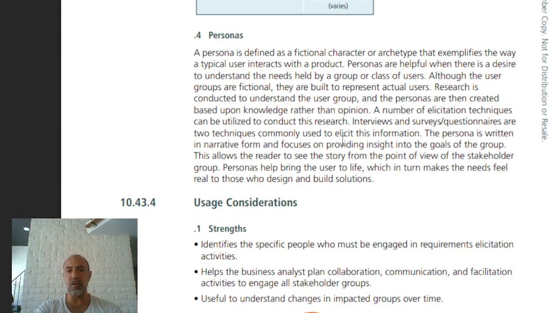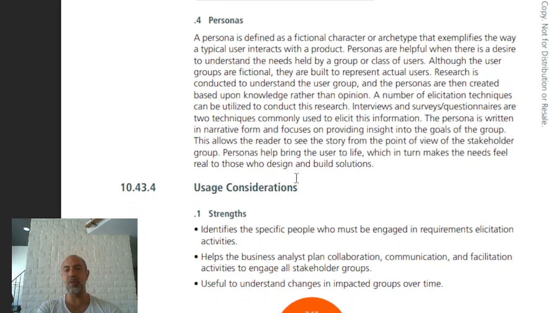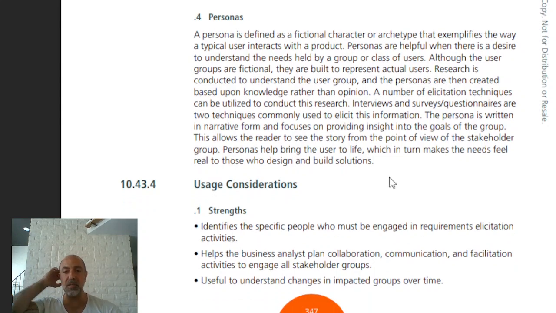A number of elicitation techniques can be utilized to conduct the research. Interviews and surveys or questionnaires are two techniques commonly used to elicit this information. The persona is written in narrative form and focuses on providing insight into the goals of the group. This allows the reader to see the story from the point of view of the stakeholder group. Personas help bring the user to life, which in turn makes the needs feel real for those who design and build solutions. You're humanizing the actual